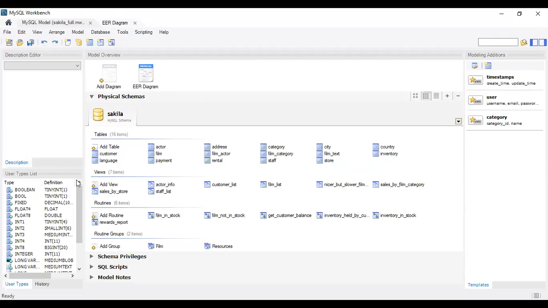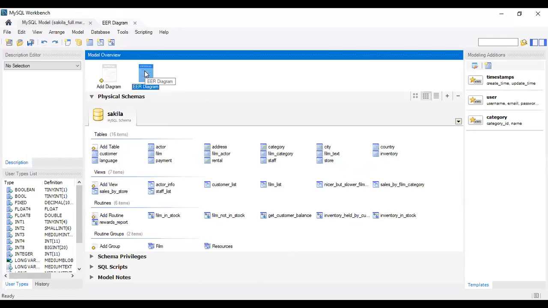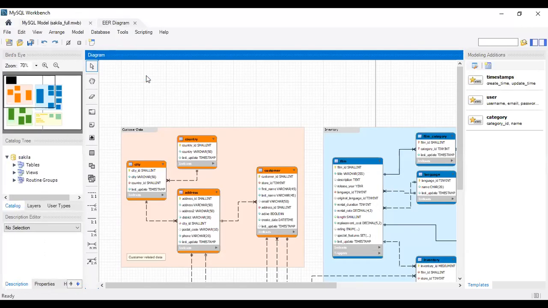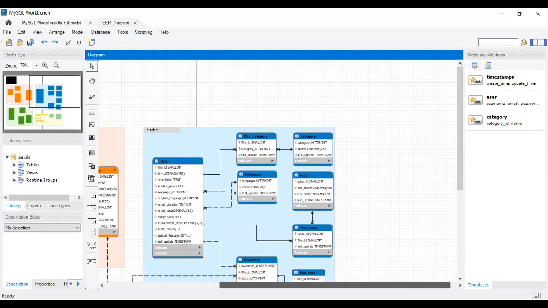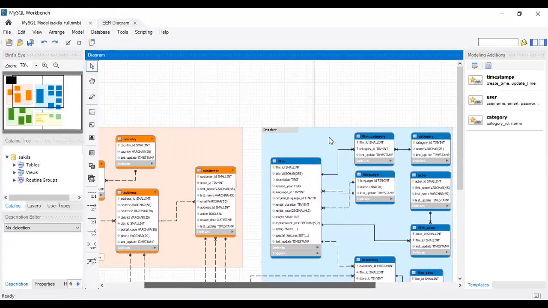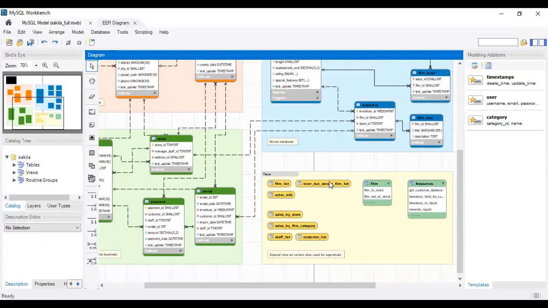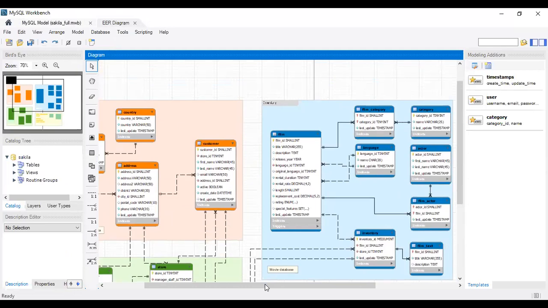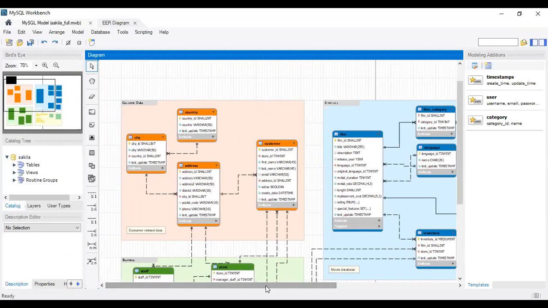So here, whatever you have seen, everything is put in a diagrammatic format. If you look at my screen, this is the DB schema. Someone is asking me, right? This is the DB schema, guys. The previous screen was a DB schema, and this screen is the DB schema's pictorial representation that I'm showing you on the screen.